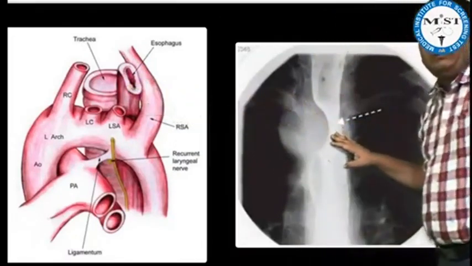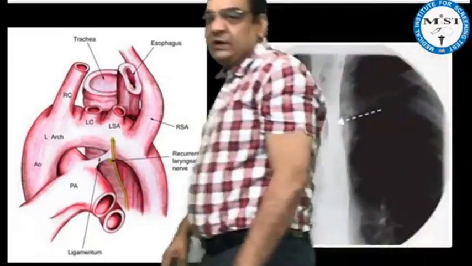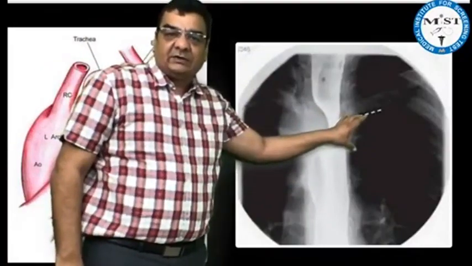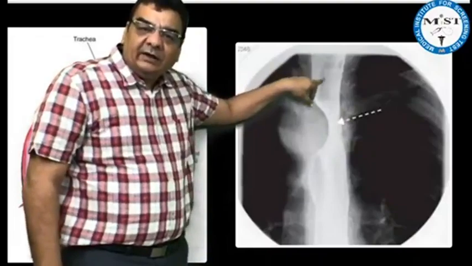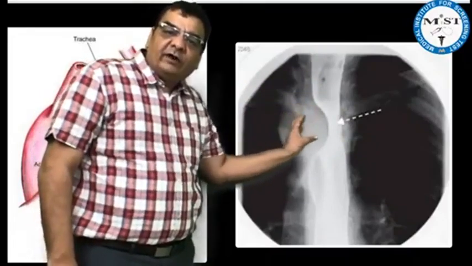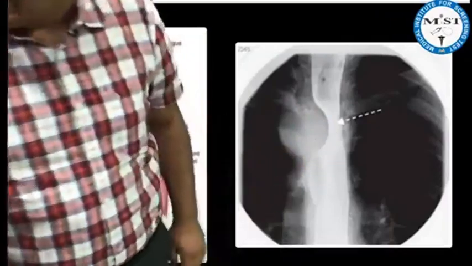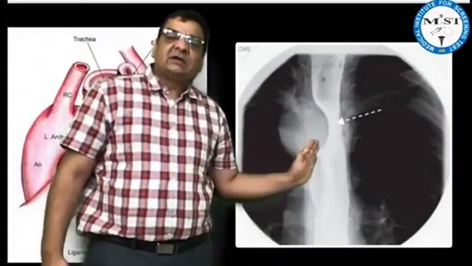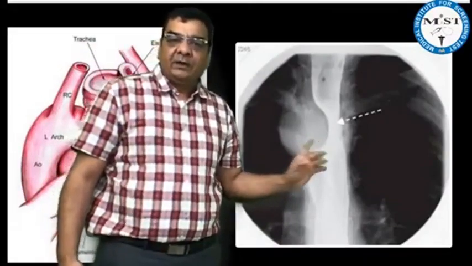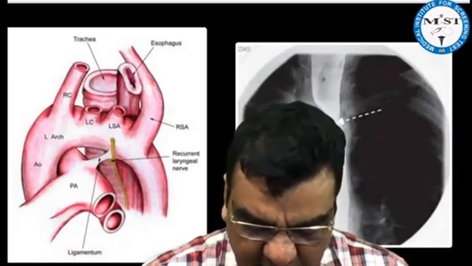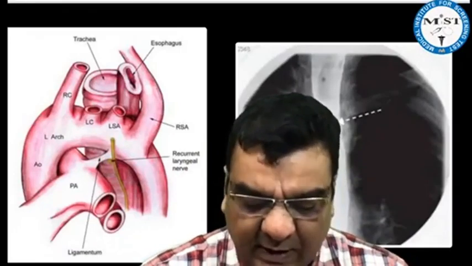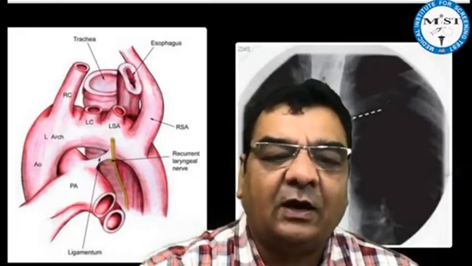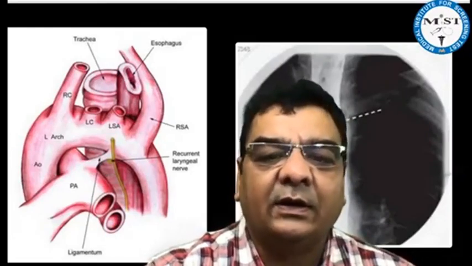This can be depicted on the barium swallow picture as well. What you are seeing here in this particular picture, there is a blood vessel which is pressing on the esophagus. So you can see that in this particular area, the esophagus has got narrowed. So basically, if the esophagus has got narrowed something like this, that is how it can lead to dysphagia. So basically, this dysphagia lusoria, we all know that's almost a single liner question here. And the options that have been given here, let's take a look at the different options.